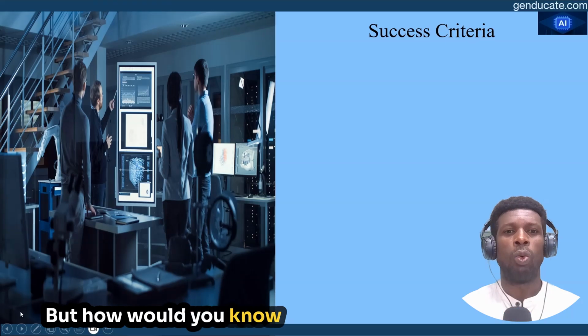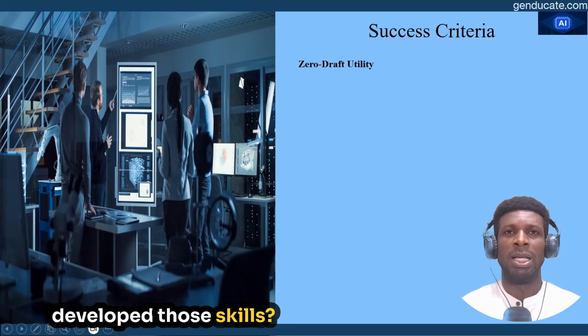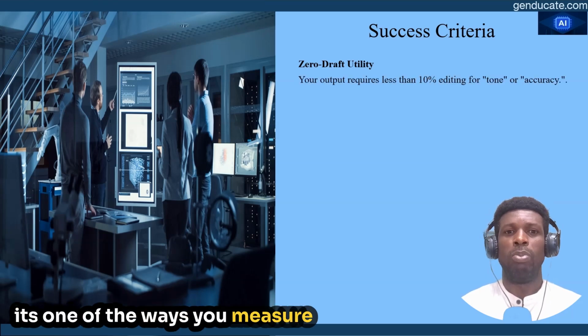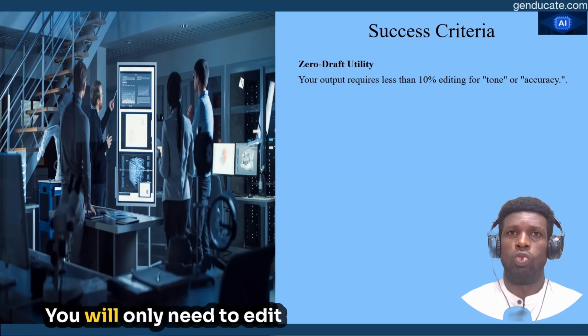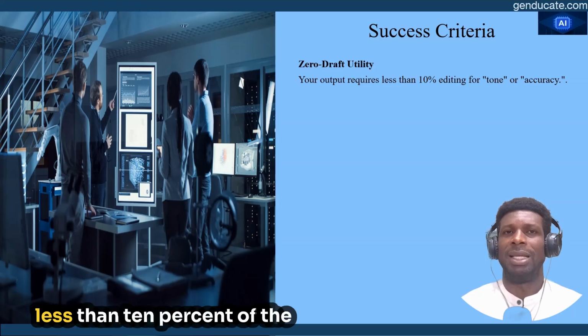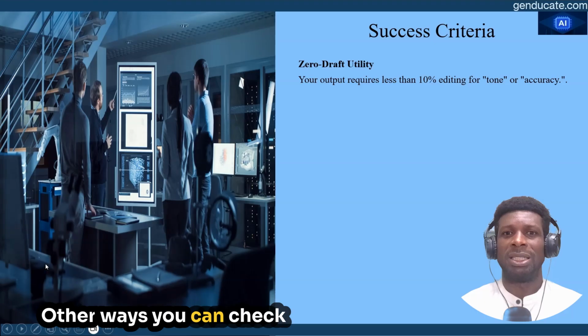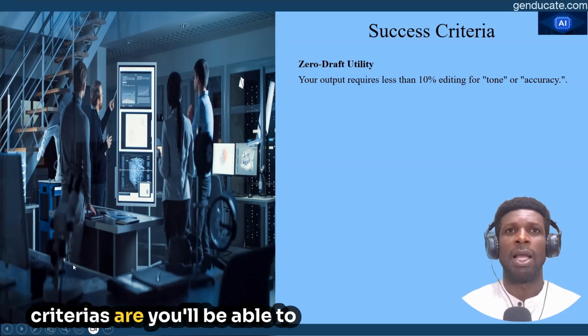But how would you know that you've been successful in the session, that you've developed those skills? The first part is the main one. It's one of the ways you measure whether you've been successful or not in the session. You will only need to edit less than 10% of the content you've created. Other ways you can check how much you've learned in this session or other success criteria are you'll be able